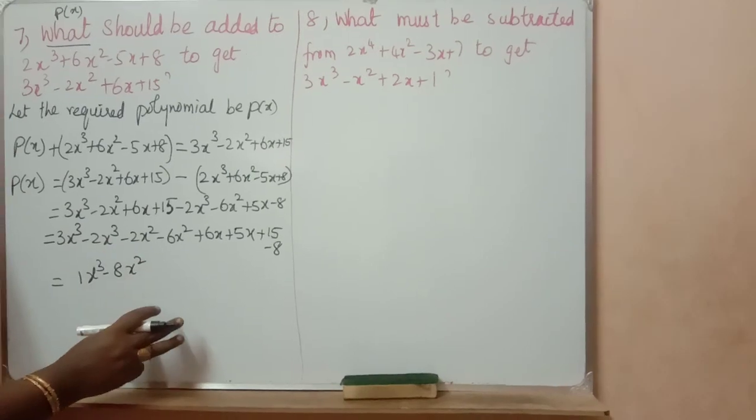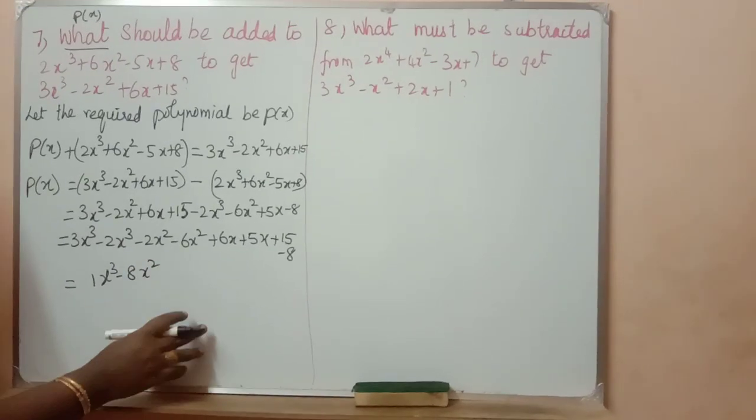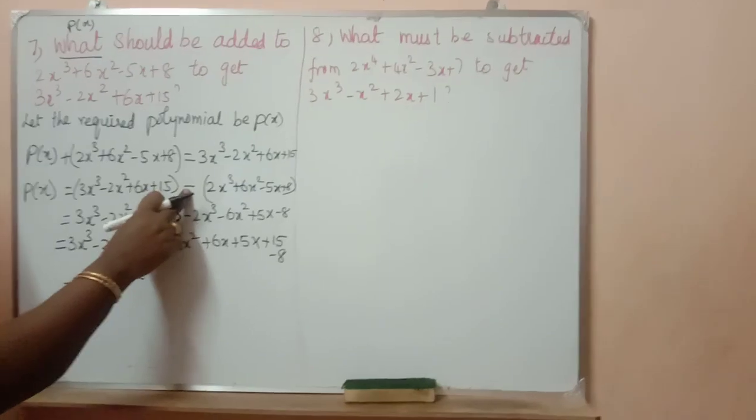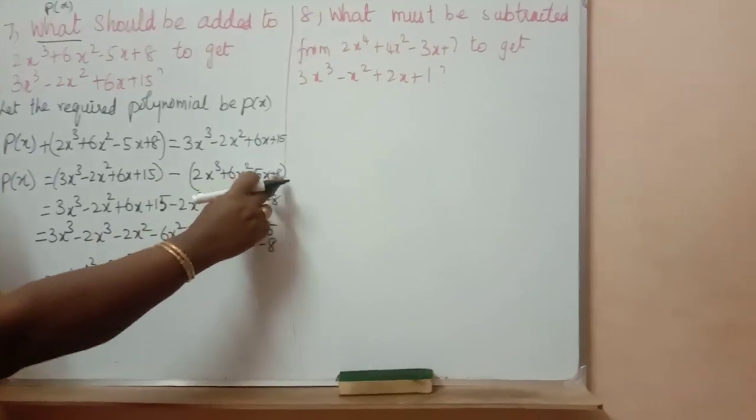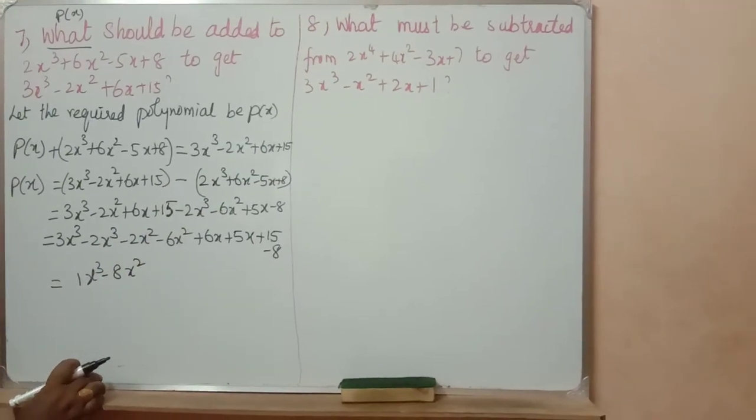Addition: same sign, add and put the same sign; different sign, subtract and put the greatest number sign. Subtraction: change subtraction into addition. That means change the sign of the second polynomial alone. Okay. Now,